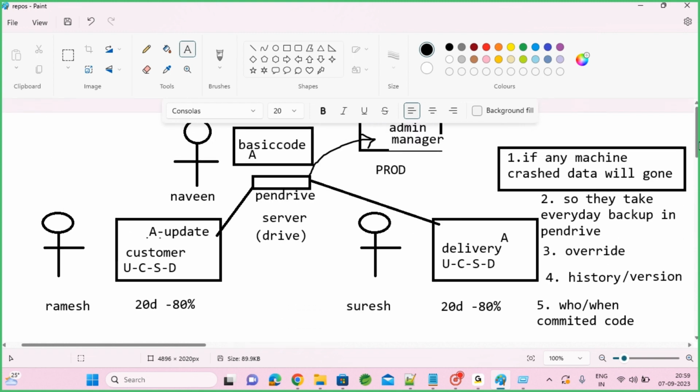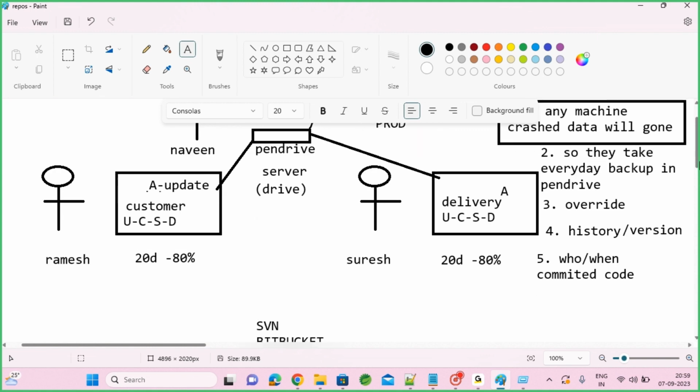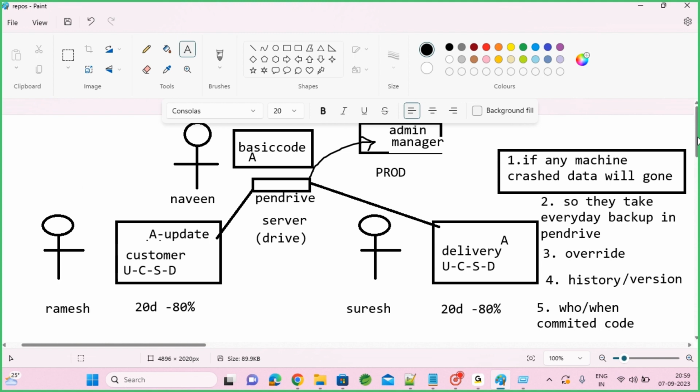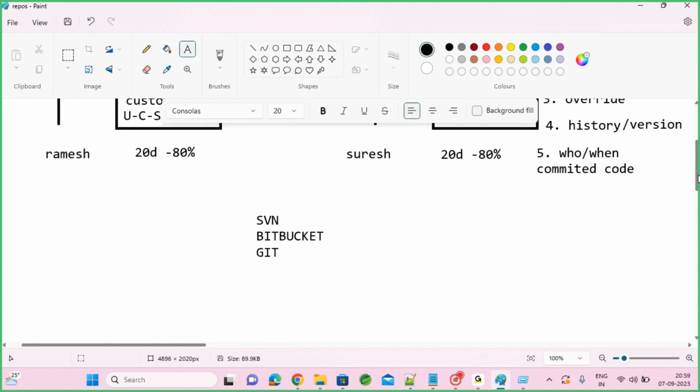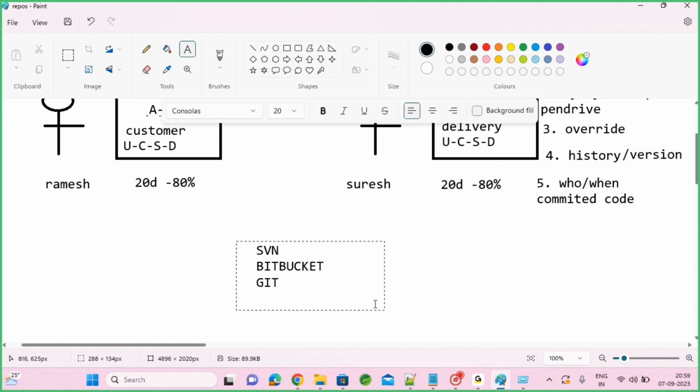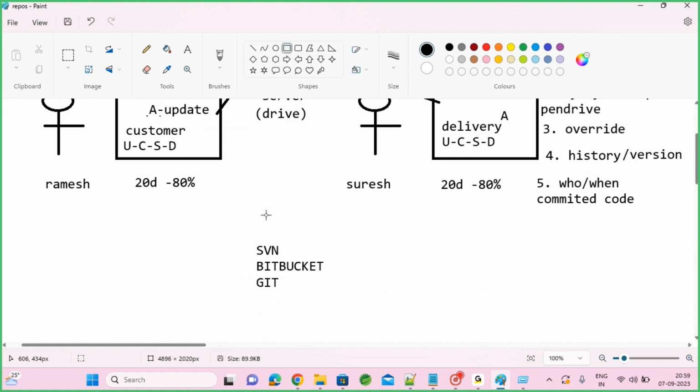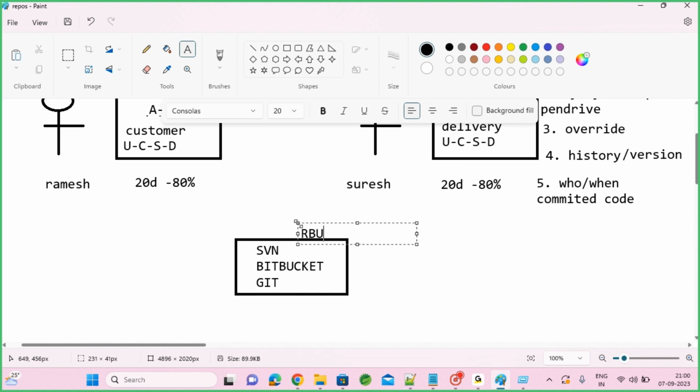If you take Bitbucket as an example, Bitbucket is a cloud based repository, or Git is a cloud based repository. GitHub, they are cloud based repositories, means they will be available via web. So as a company, if you register or buy the version control tool, let's say if I buy for Arbutech, a dedicated URL they will provide to access my Git. A dedicated Git memory they will also provide to me, and when I put my code into the Git, it will take care of